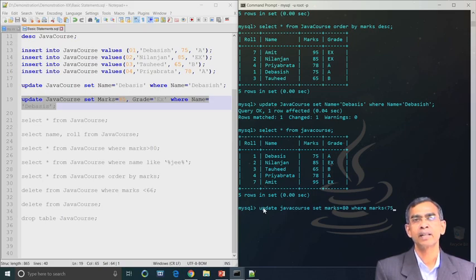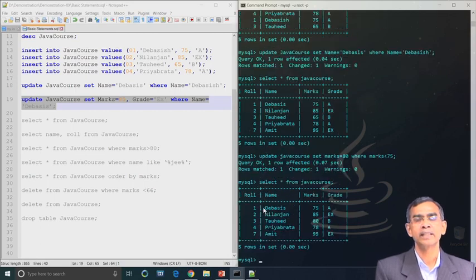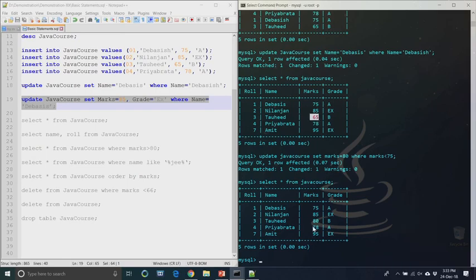So, you can understand the meaning. One change has been done, as you see, and this update is basically permanent. That means, when you do it, it is permanent forever.